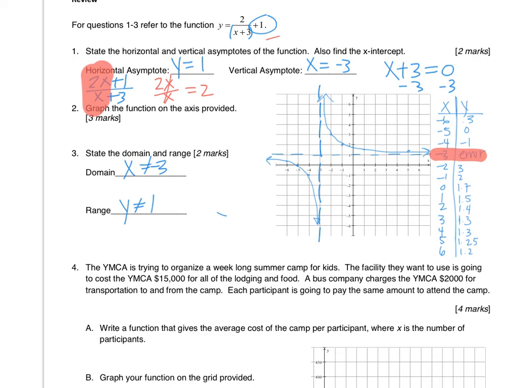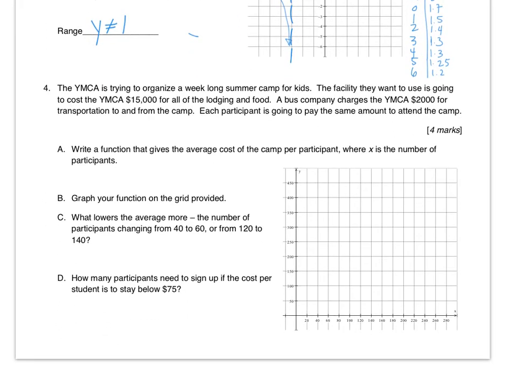Now our word problem. The YMCA is trying to organize a week-long summer camp for kids. The facility they want to use is going to cost the YMCA $15,000 for all lodging and food and $2,000 for transportation to and from the camp. Each participant is going to pay the same amount. Write a function that gives the average cost of the camp per participant, where x is the number of participants,